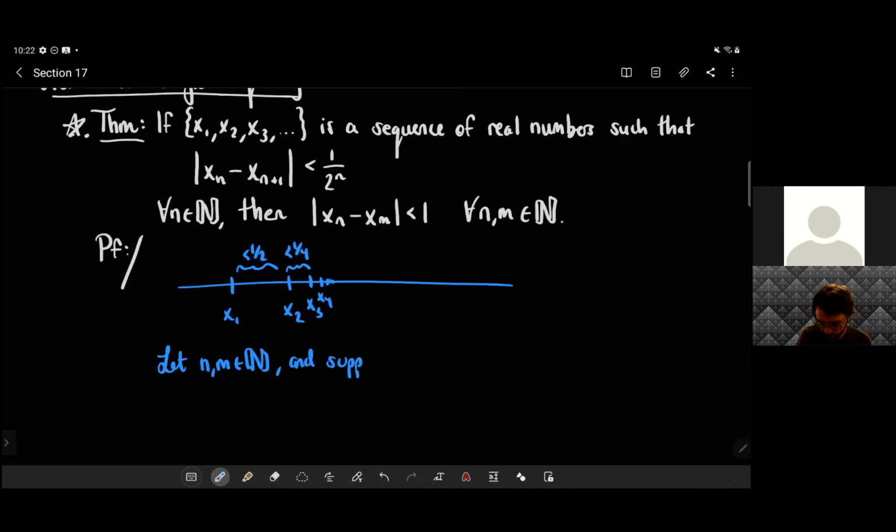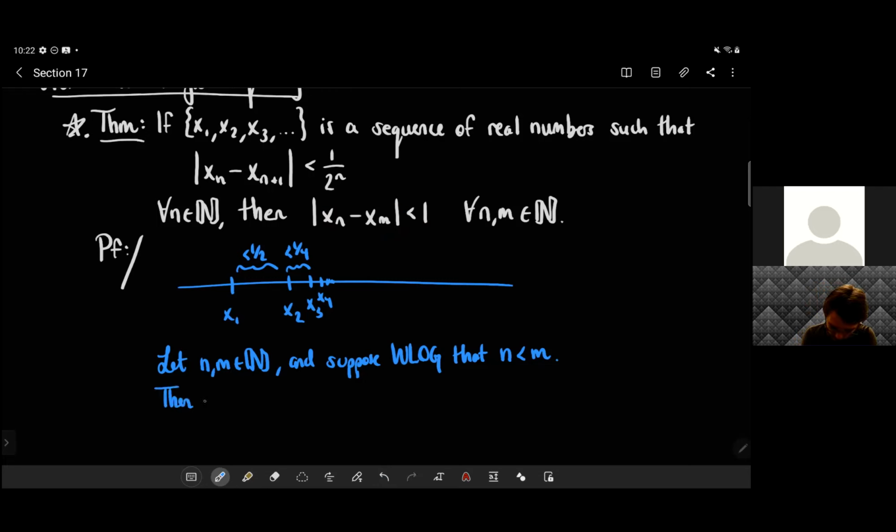And suppose, without loss of generality, that n is less than m. Without loss of generality means I could easily switch it, make n bigger than m, but the argument would be the same. I'm going to ignore the case where they're equal, because if they were equal, you would get 0 here, and that would obviously be satisfied. But anyway, suppose without loss of generality that n is less than m,